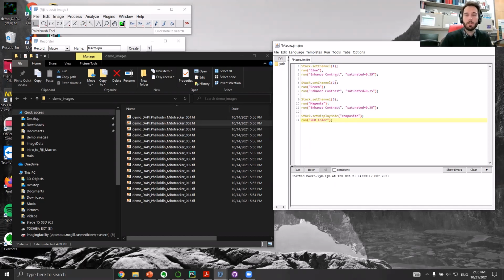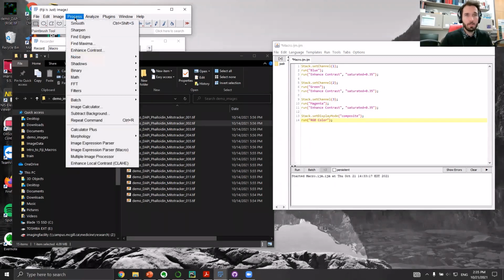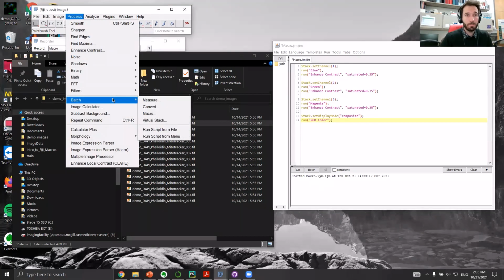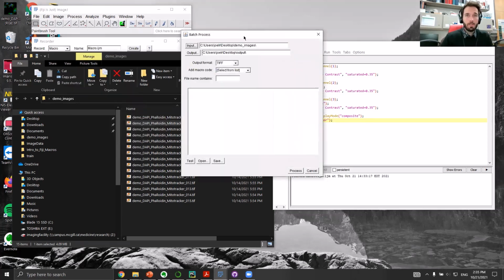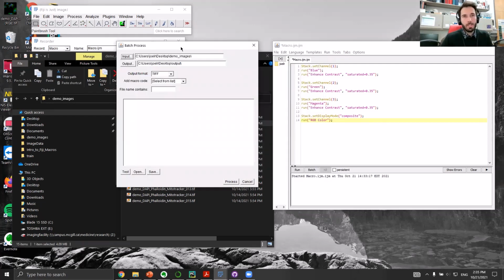So for something like this, where it's very, very simple, we're always going to want these particular things, at least for an entire folder like this. Then what we're going to do is use the intrinsic batch function in Fiji. So we're going to click on Process, Batch, and then Macro. So Process, Batch, and Macro. And you should get a window like this that appears. And for batch processing, essentially, if it's something like this,